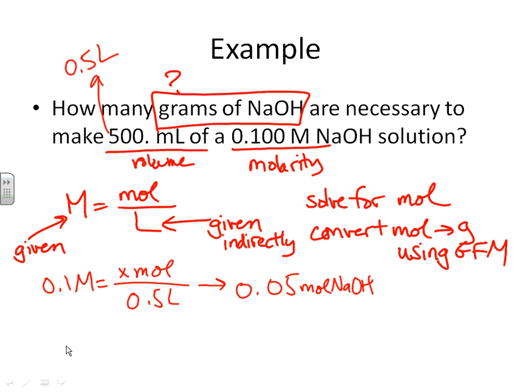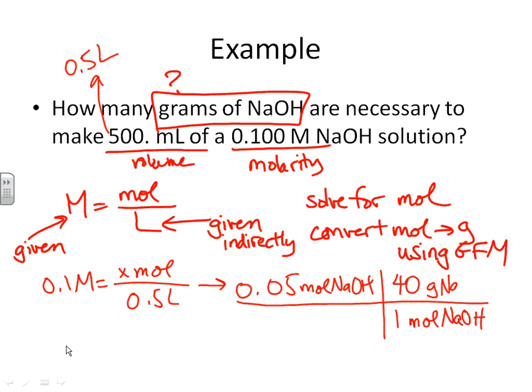That's great, but that's not what the problem is asking for. The problem is asking for grams of NaOH. So I am now going to convert that using its gram formula mass. So 1 sodium, which is 23, 1 oxygen, which is 16, 1 hydrogen, which is 1. The gram formula mass of sodium hydroxide is 40. I have 0.05 moles of it, so 0.05 moles of NaOH times 40 grams per 1 mole, I get 2